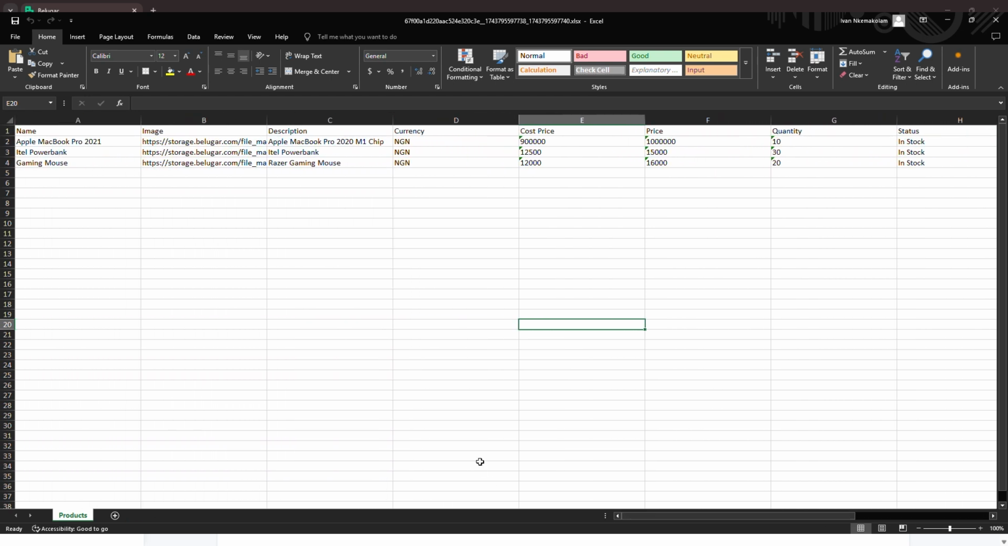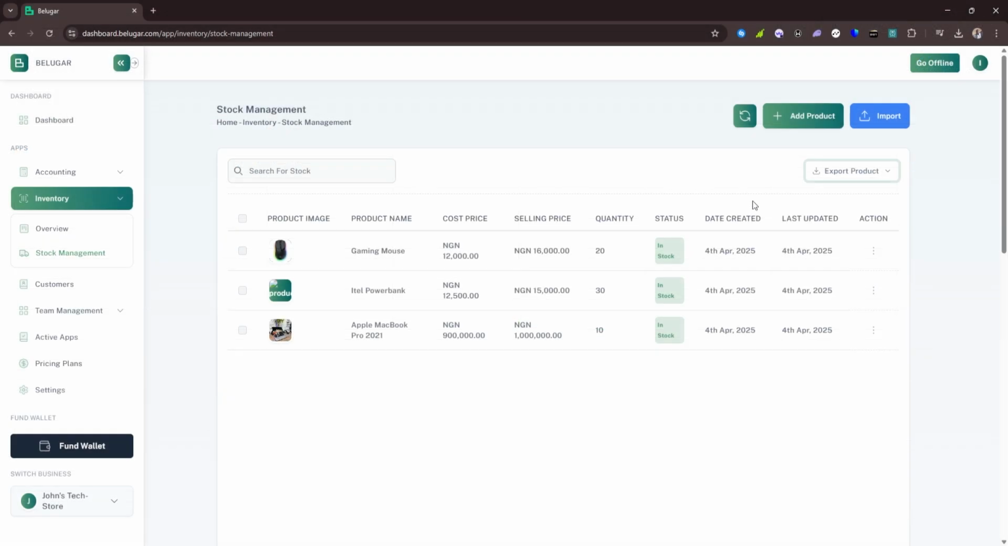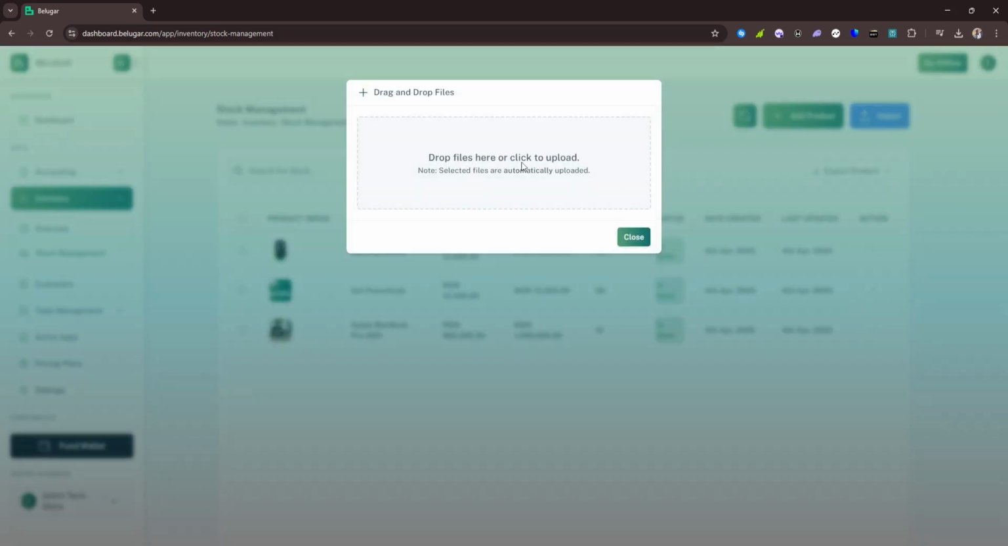So whatever format you pick that is best for you, you can use it. So now let's say we already have a database containing all our products and we would like to import it instead of adding everything manually. You can also hit the import button and click to upload the file